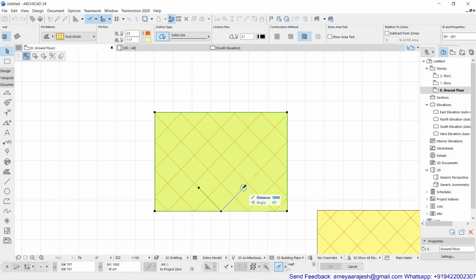Direction was 45. Now if I try to change this, maybe you are going to keep the same direction. So let's keep the same direction and just change the distance. This time if I put 500 and hit enter, you will see how the pattern is now altogether changed. So you get the meaning of how exactly this pattern can be redefined for its appearance by using this third option known as custom distortion. You can use this third option and you can really do interesting presentations in your field.